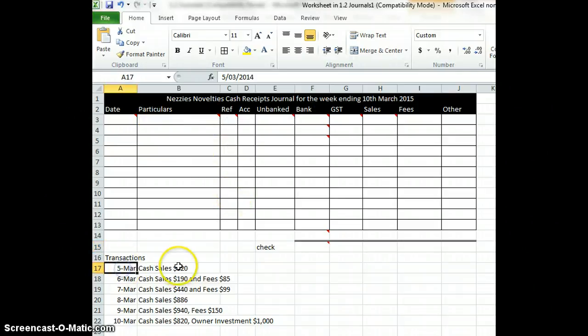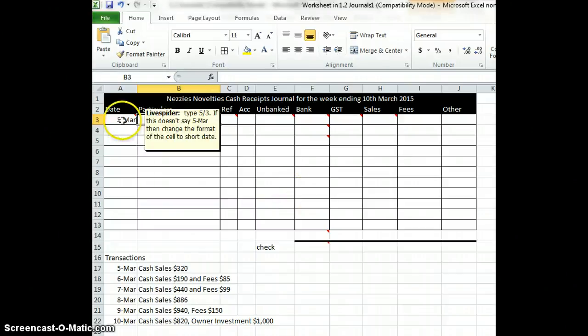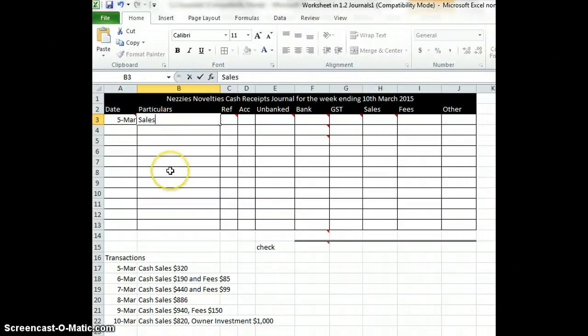First one is the transaction 5th of March, cash sales 320. And the date we type 5/3. If you do that as well, press your tab button and that'll make sure the date formats itself correctly. In the particulars we're going to type sales, because that's the title here in the other columns. The reference we're going to type CRT to show it goes in the cash register tape, and the amount is